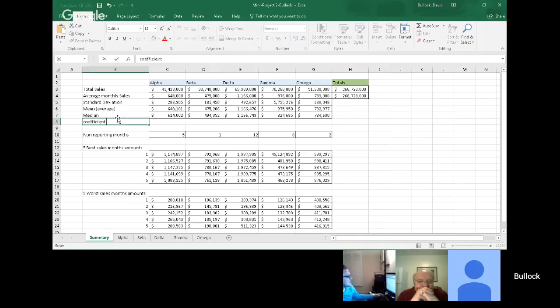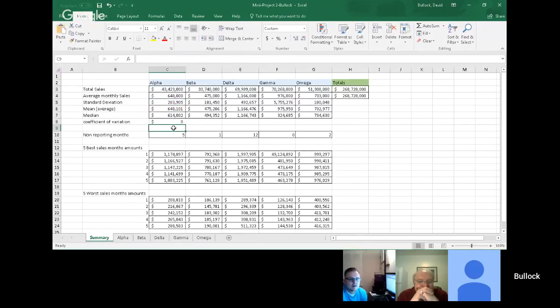So it's the standard deviation divided by the mean. Is that what it is? Yeah, okay. And that should be represented as a percentage. The percentage, correct. Okay, perfect. So once you've got the standard deviation, you just divide it by the mean. So you can even just click there, slash, and then